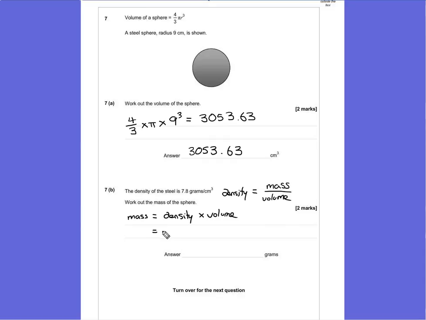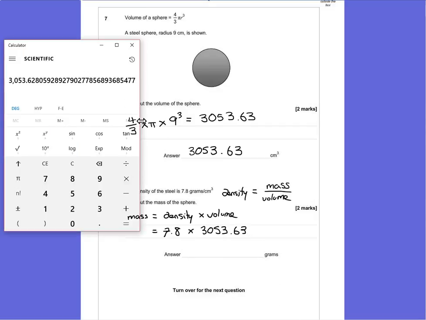So the density, we are told, is 7.8, and we multiply this by the volume from our previous question, and this will give us our answer. Now, assuming that you've left the number in the calculator, you can just use the full accurate version. Otherwise, just write in what you wrote down. So we multiply this number by 7.8, which gives us a solution here of